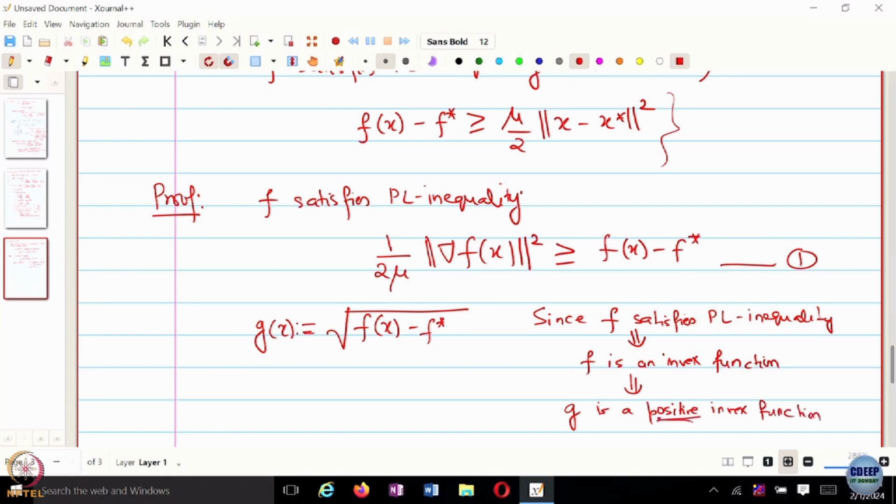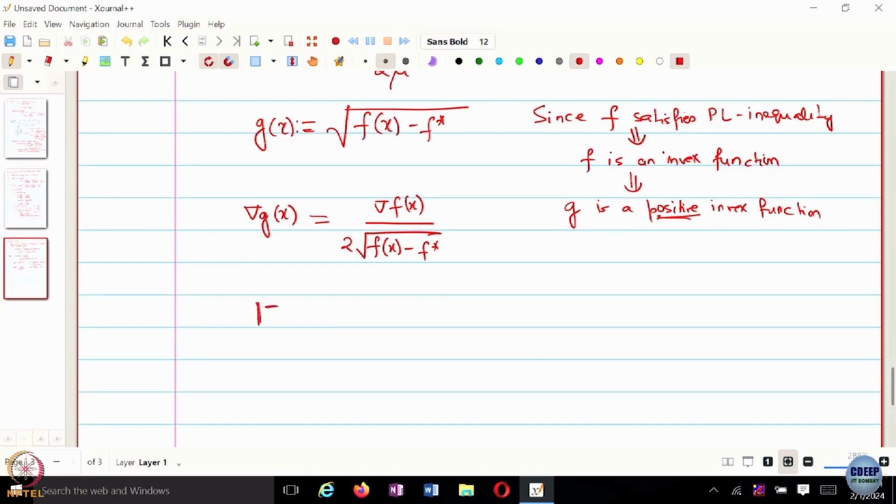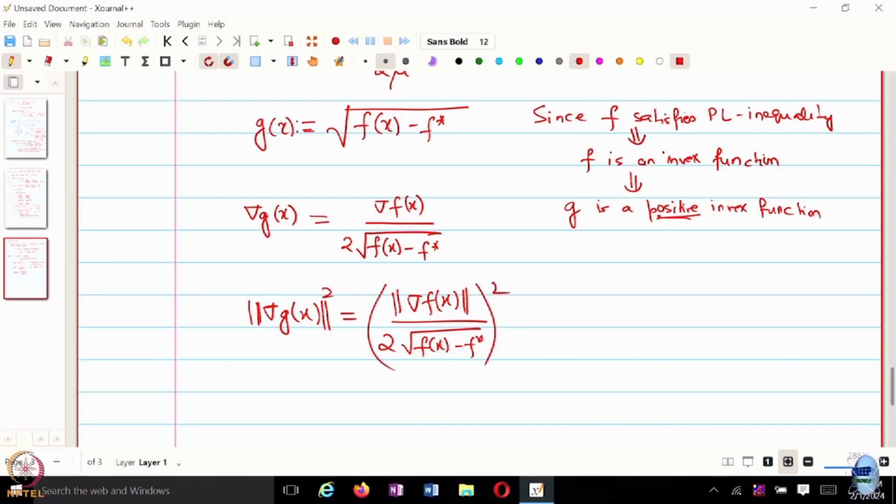Invex is not as important as the positive part in this, that g of x is always going to be positive. Okay, so that's one thing that we need to keep in mind. So what is the gradient of g of x? That's going to be the gradient of f of x, okay. Is this clear? And what about the norm of this gradient? That's going to be the norm of the gradient of f of x. So if I take the square of it, it will be the square of this thing, right? Which is